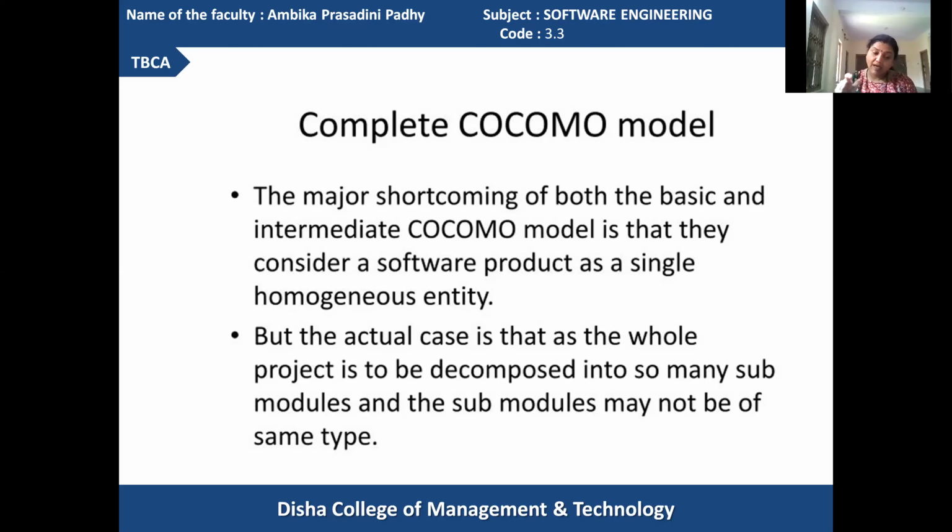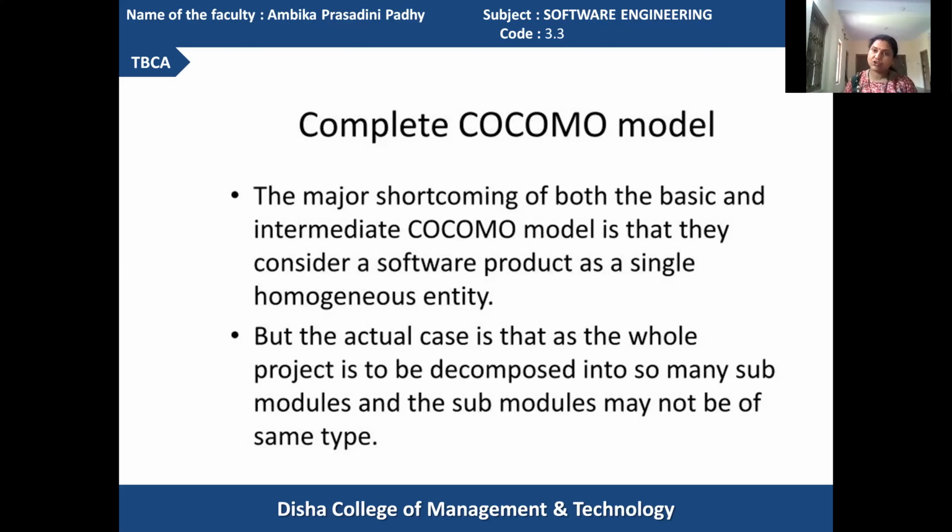Here, the analytical estimation techniques derive the required results starting with certain basic assumptions regarding the project. Based upon the assumptions, the product development will start. Thus, unlike empirical and heuristic techniques, analytical techniques have a scientific basis.